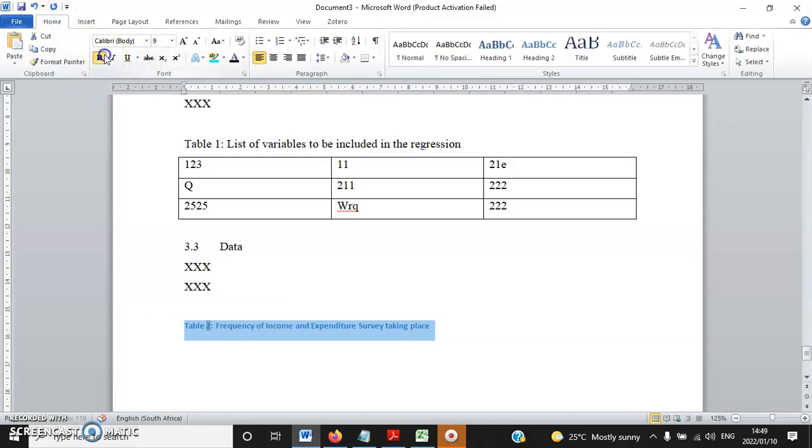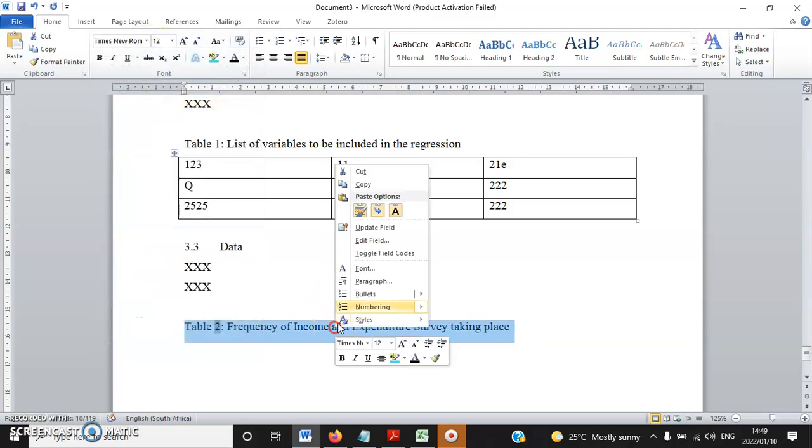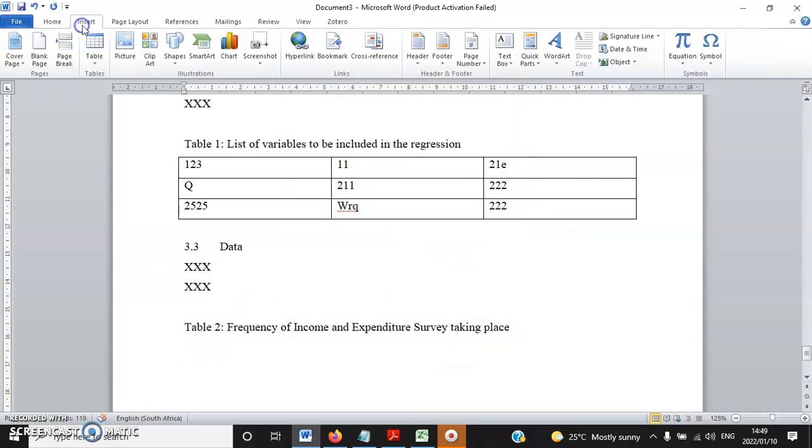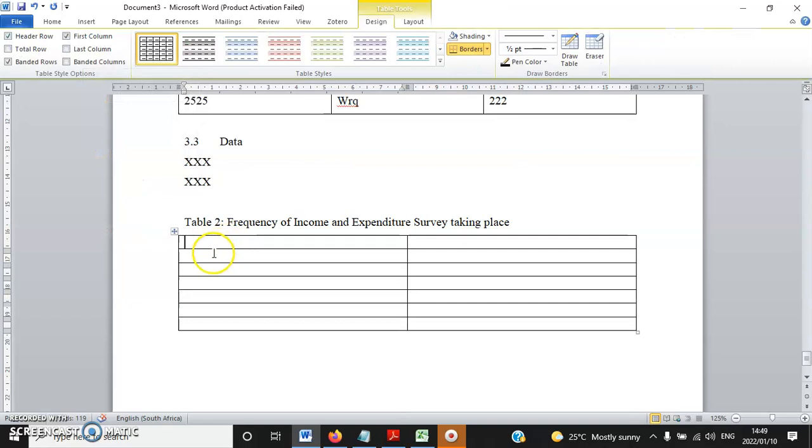Let me once again sort this out. It should be Times New Roman 12, 1.5 spacing. Then let me randomly insert something. So this can be survey year, IES. So it happened in 1995. The next one happened in 2000. September to 2006 August. Then the last one, so that happens between 2010 September to